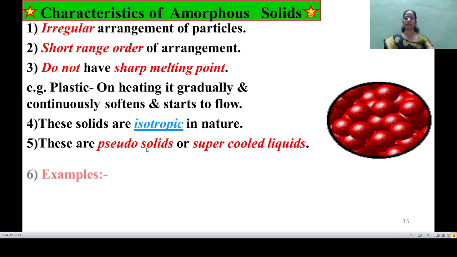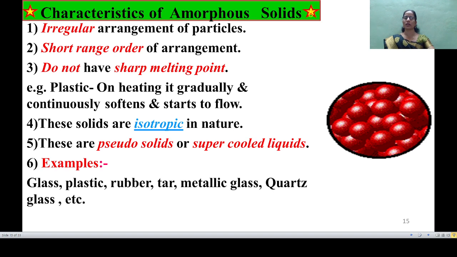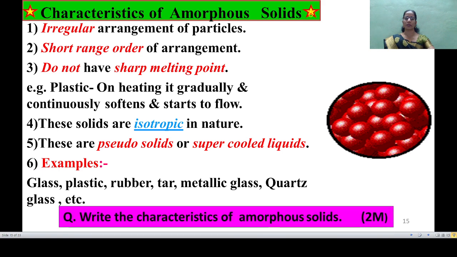Okay. Now see some more examples of amorphous solids: glass, plastic, rubber, tar, metallic glass, quartz glass, etc. Now see, in the state board exam, the question is asked as: write the characteristics of amorphous solids